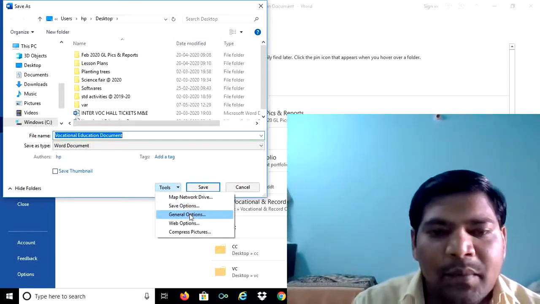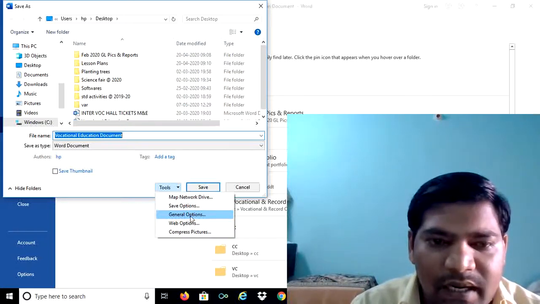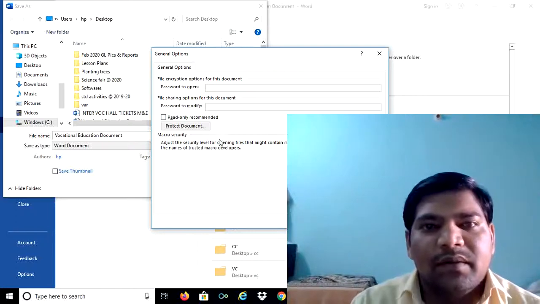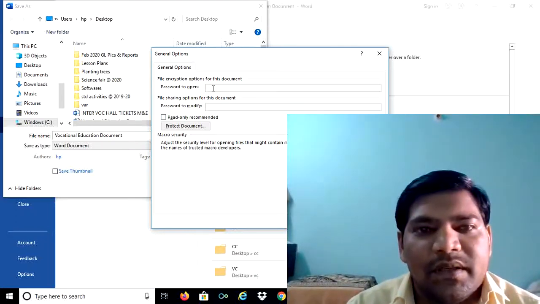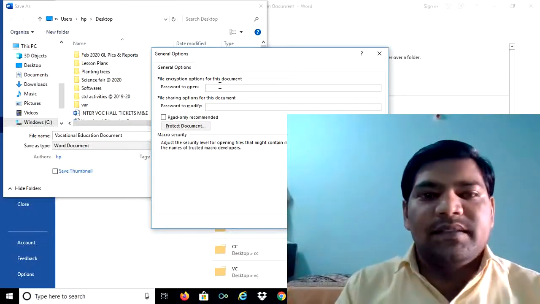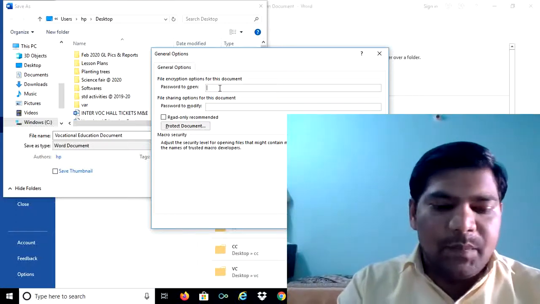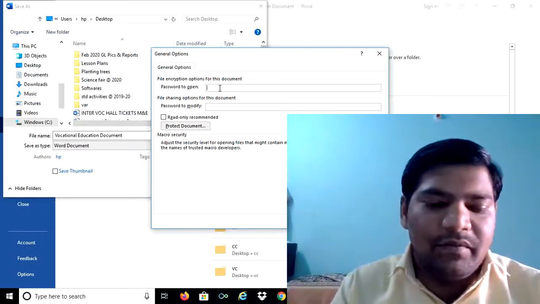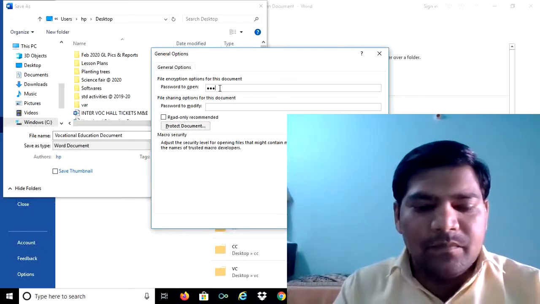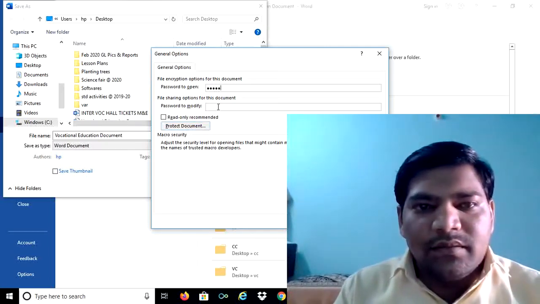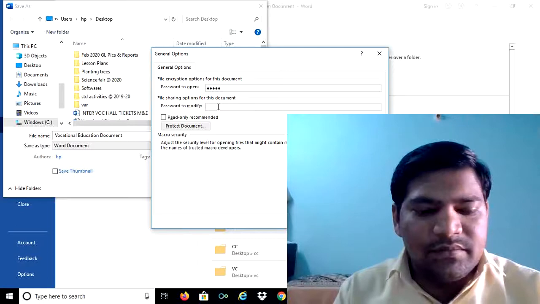So we can make the password. We can go for the General option. In that a dialog box opens which consists of a password. Here we can place any password, which consists of numbers or alphabets, whatever it may be. And again the password, the same password.